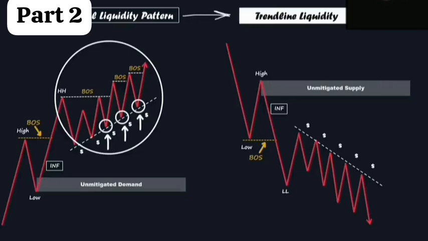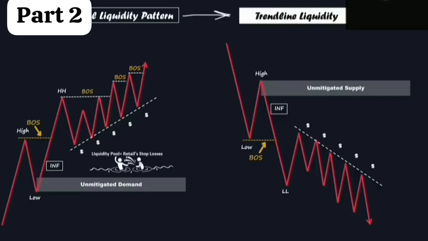This approach results in the formation of a substantial liquidity pool positioned just below the trend line, waiting to be cleared by the market. Consequently, numerous stop losses are closely aligned with the trend line and are positioned by retail traders. In this scenario, it's highly likely